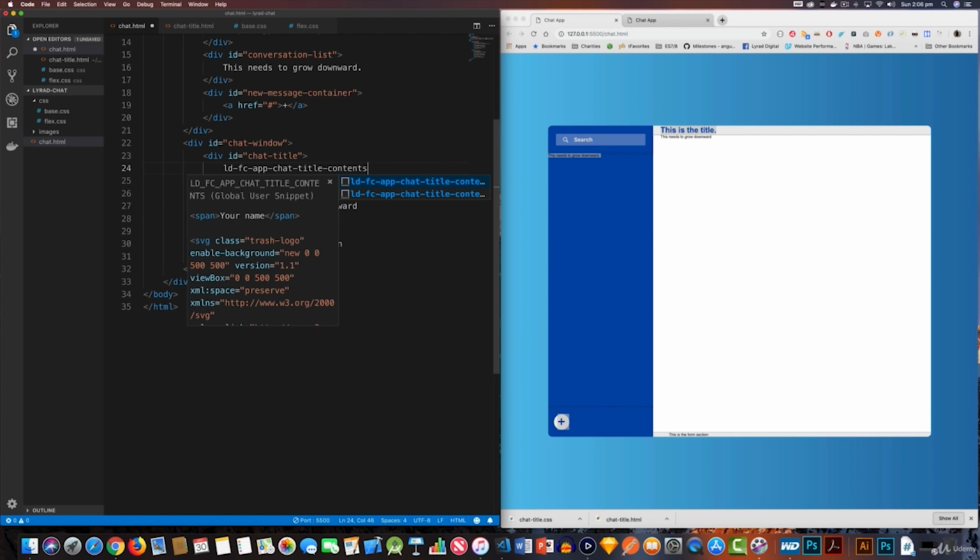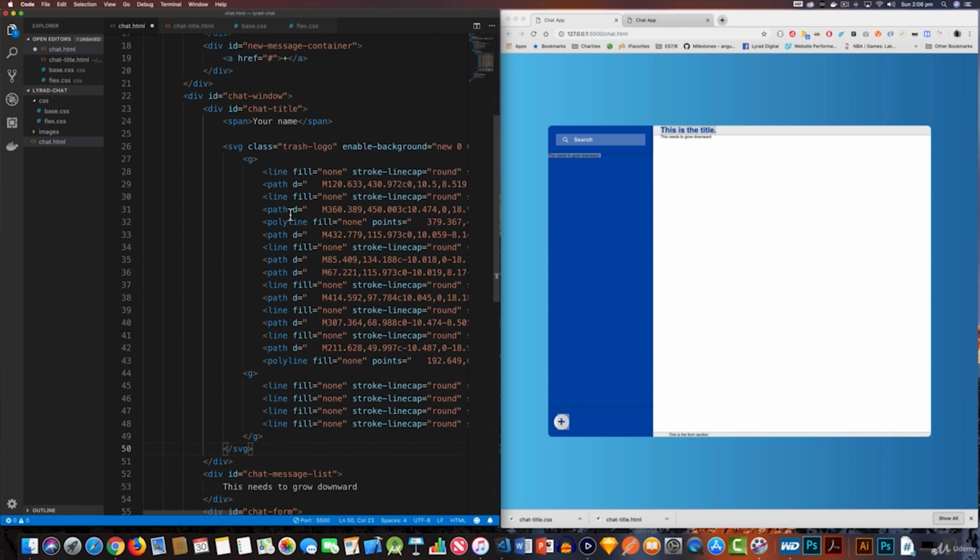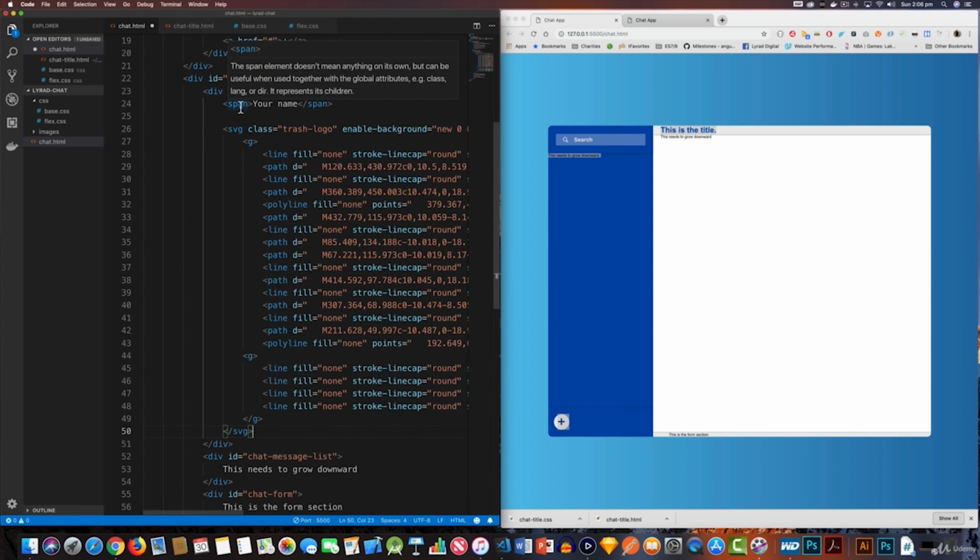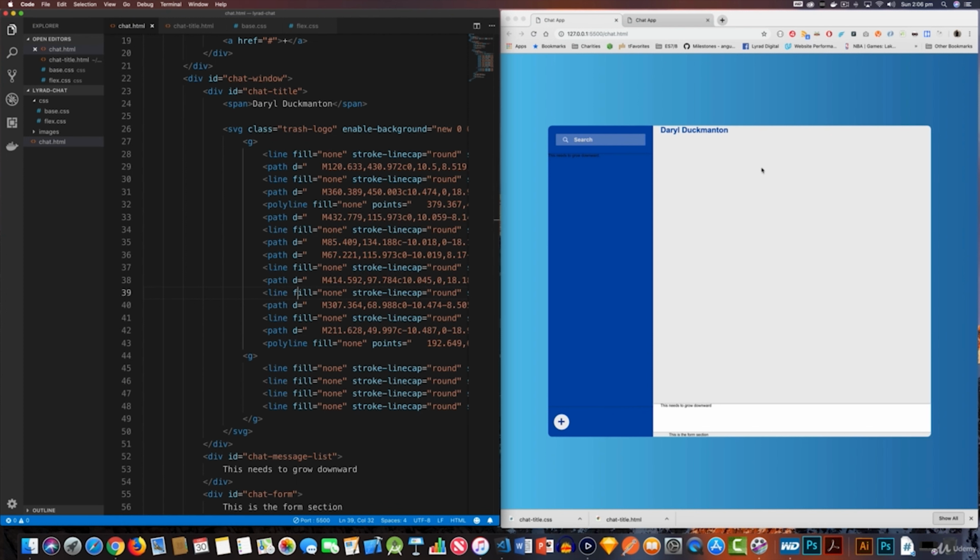And when I press tab, you're going to get a lot of information here, such as a span tag with whatever name you want to put in it. So I'm going to put my name in here. And then you're going to get an SVG output that I've basically pulled down from the internet that represents the trash symbol that you're going to see. So if I now save this, we're going to see pretty much nothing in the sense of the trash bin, and that's because the trash bin actually requires a stroke color, which we have not provided in CSS. We also have not given the right dimensions,